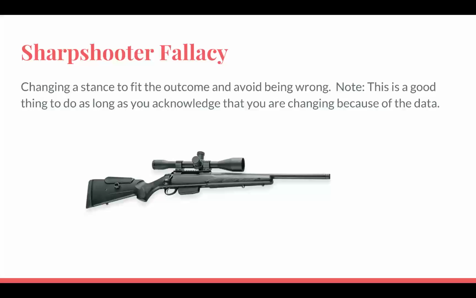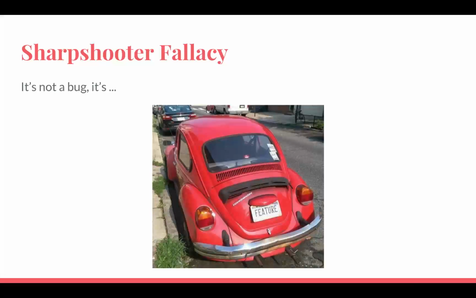If you see, here's the data, what we presumed was incorrect, this new assumption should be correct because of the data, then yes, I have changed my mind based on the data. That is a great thing. More people should do that. But what you shouldn't do is say, yeah, I knew it was like that. And let's give an example where this happens in the game industry all the time. It's not a bug, it's a feature. No, it's a bug. Own up to it, claim it, you know it's a bug.